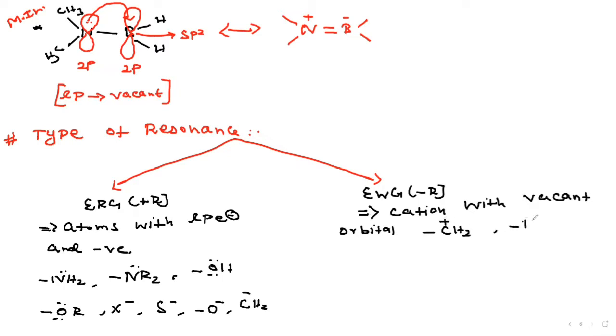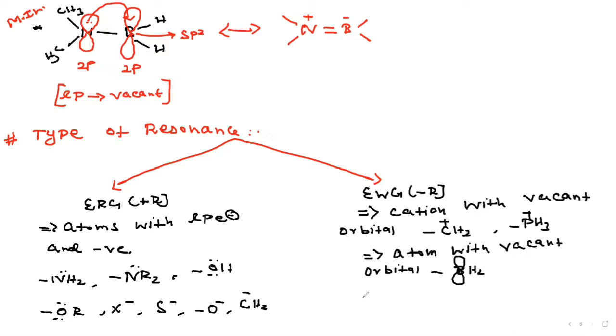Then PH3 plus. Second, the atom with a vacant orbital is also an electron withdrawing group. Now see in this example, boron. This nitrogen is the donor, right? This is the electron producing group. This boron is the electron attracting, pulling group, right? Therefore, it's an electron withdrawing group because boron has a vacant orbital, because of sp2 hybridization. Atom with vacant orbital. Example, we know BH2, right? BH2 contains what? A vacant p orbital.